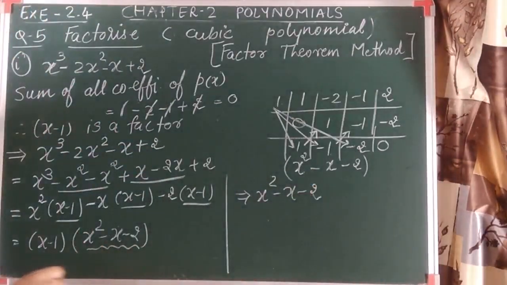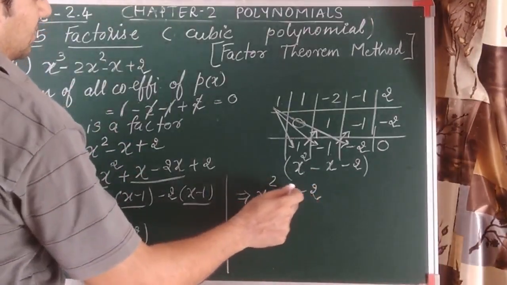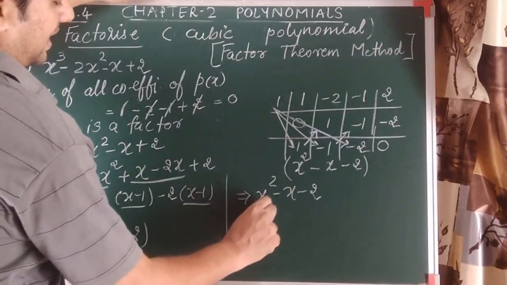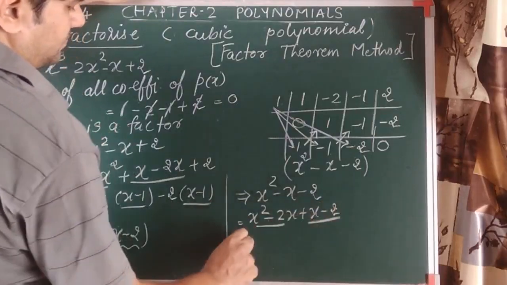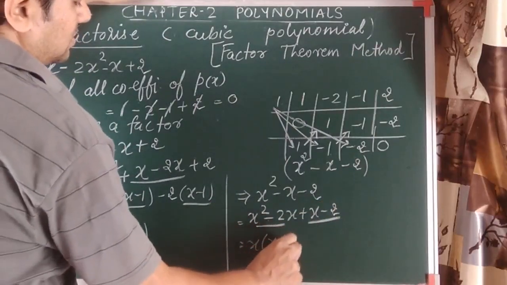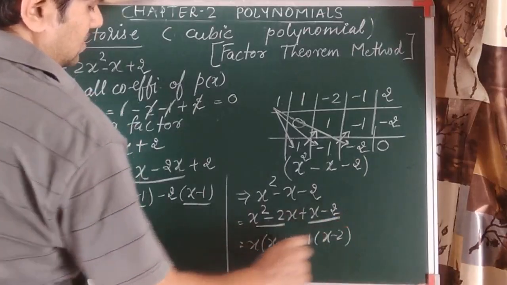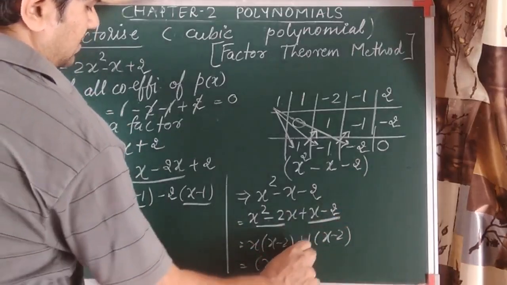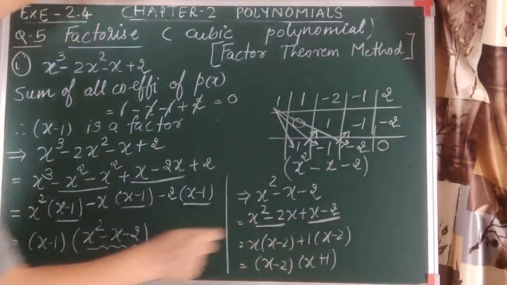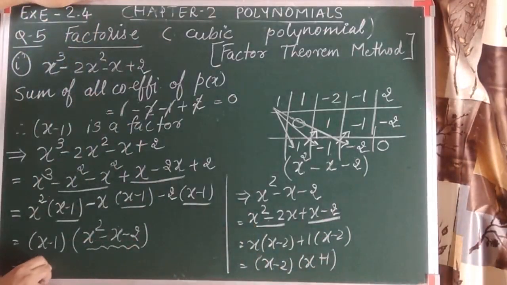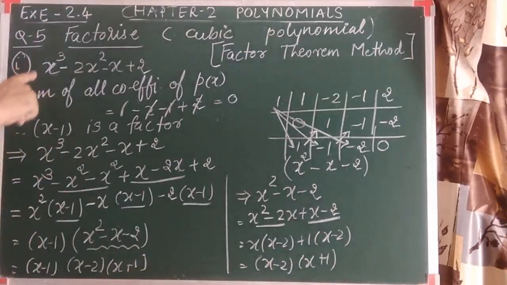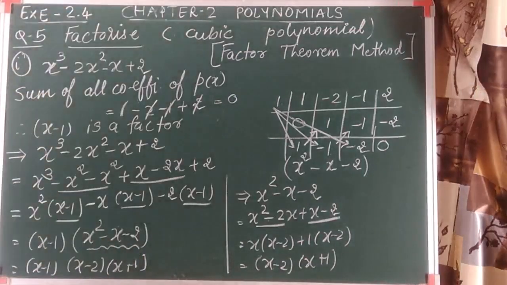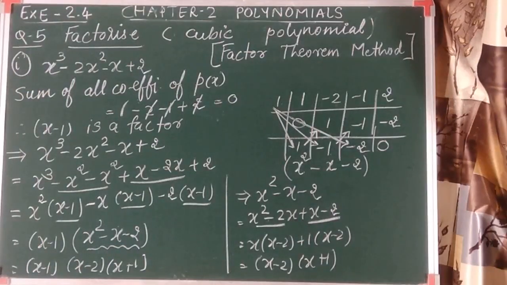Which we discussed. Factors of 2 ones are 2. We have to get 1 by subtraction. So the factors are minus 2 and plus 1. Common from first two, x is common, so x minus 2, plus 1 common, x minus 2. So one factor is x minus 2, another factor is x plus 1. These two are the factors of this. So let's note it down. x minus 1 as it is, and the factors of this are x minus 2 and x plus 1. So the question's cubic polynomial has 3 factors: x minus 1, x minus 2 and x plus 1.